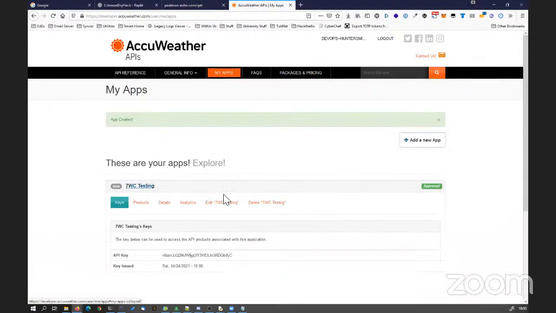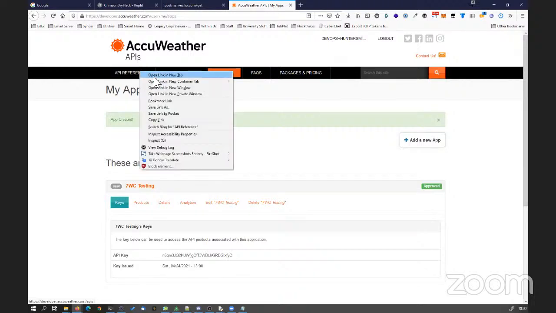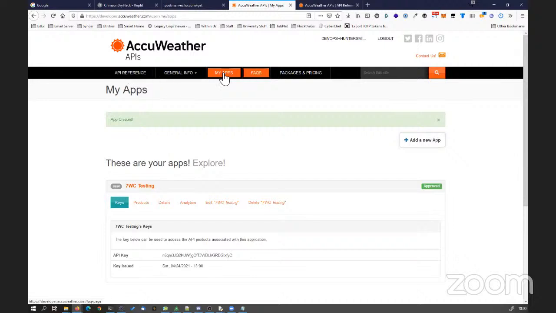And it will give you something called your API key, right? This is going to be different for everyone. So just take down yours. And then now let's head over to the API reference. So we're just going to do a quick example where we're going to get the current weather for Windsor. All right. So if we open the API reference, which is on the top left-hand corner,